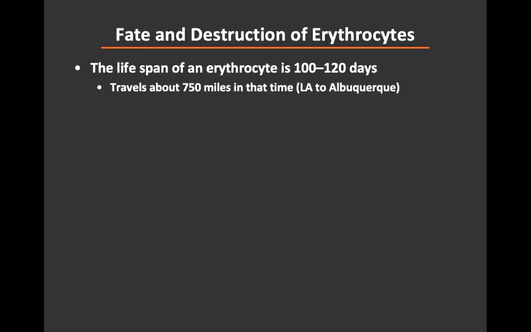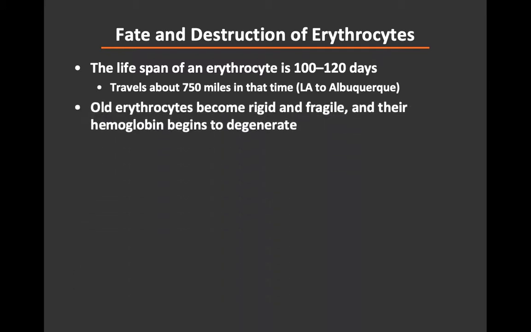So again, red blood cells don't last very long, maybe 100 to 120 days, but they are moving through the body. So in their lifetime, they travel about 750 miles, which is us going from LA to Albuquerque, New Mexico. Quite a distance. Old erythrocytes become rigid and they become fragile, and then they can fall apart and their